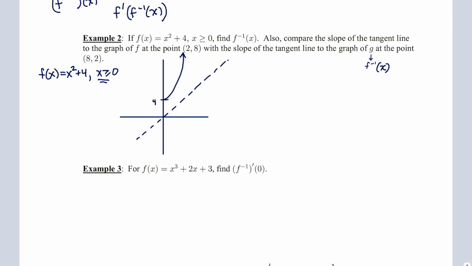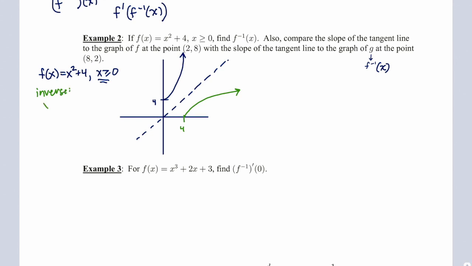So I can just picture what the graph of the inverse will look like. I can see that it has to be the graph of f reflected across the line y equals x. So I know I'm going to have the point (4, 0), and I know this is going to look like a square root function, shifted 4 units to the right. So if I find the inverse,